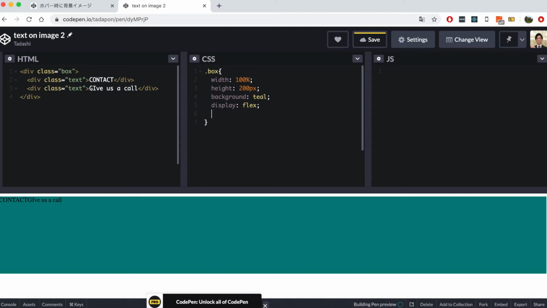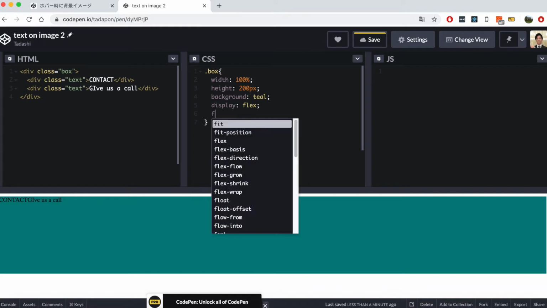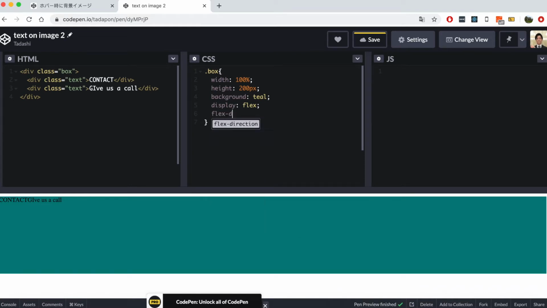So in order to do that, we want to put the axis not horizontally but vertically. So in order to do that, we want to say flex direction, and then we want to set that to column. So now we can see these two texts are aligned vertically, not horizontally. Okay, so now